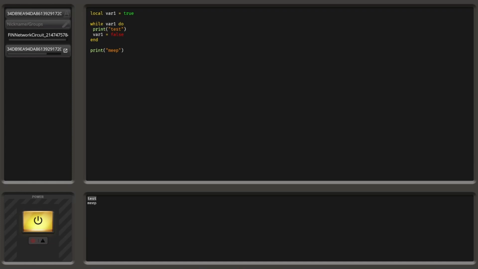It will only print one test, because after one run we have assigned var1 with false, and the new condition check will return false, so it ignores the loop and exits out of there. A different option will be